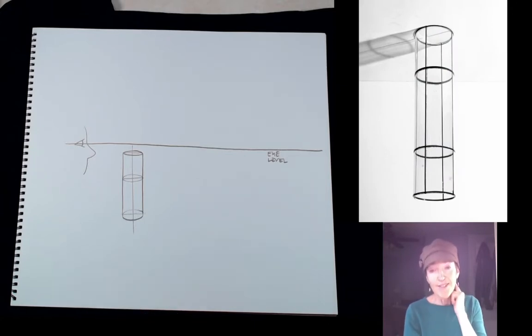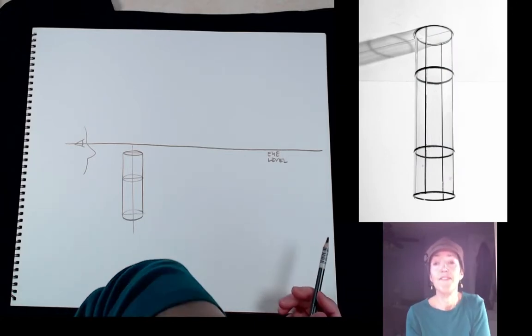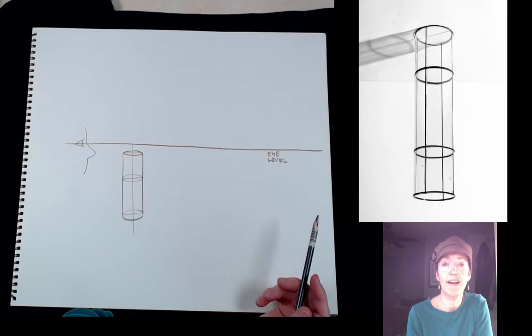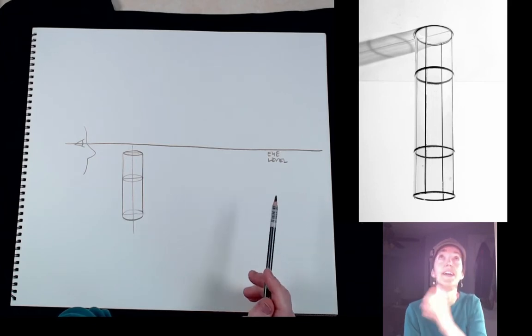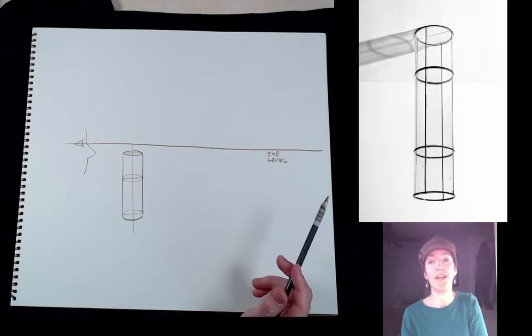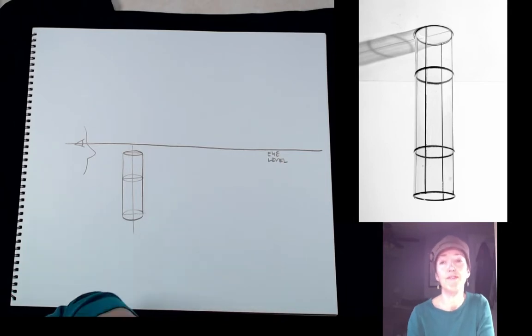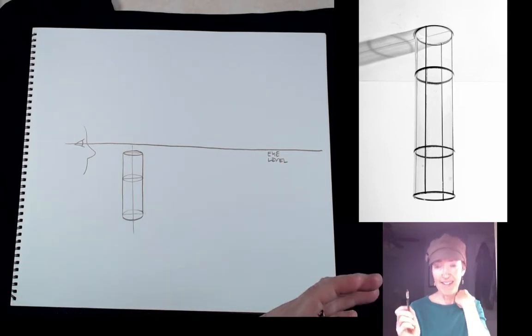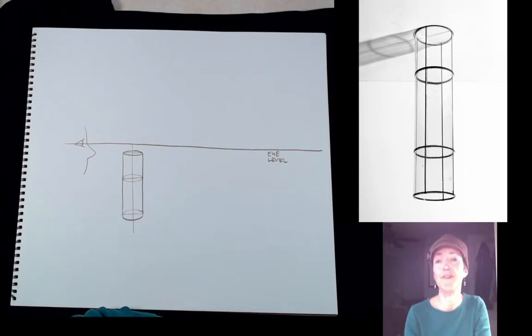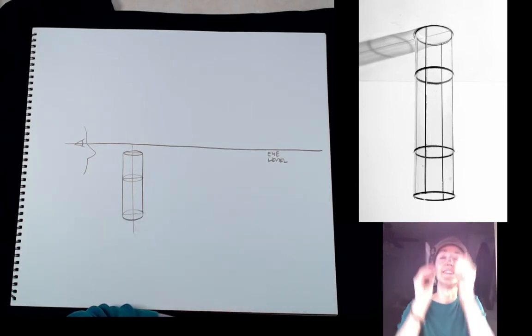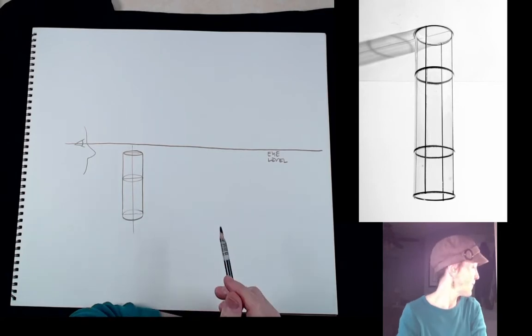You're also going to need to draw an object as if it's suspended above your eye level. Now that's sometimes tricky to find in your own household. If you have can lighting or a lampshade, you'll be able to get up underneath a form, but it may be that you have to create that illusion. And in this case, I had to actually flip this photograph over in order to make it feel like this thing is up above our eye level.